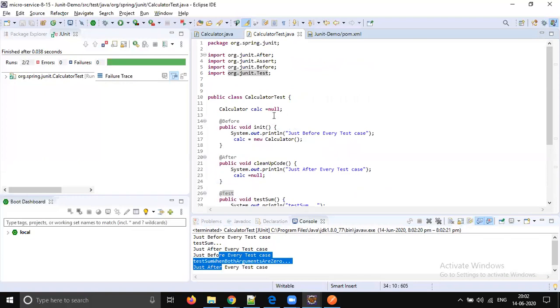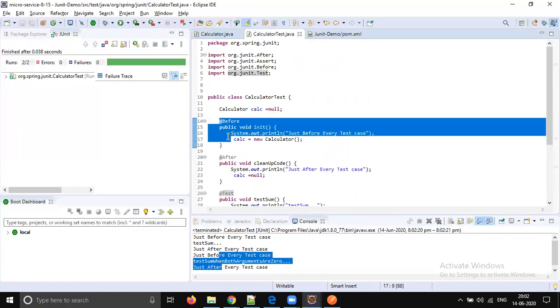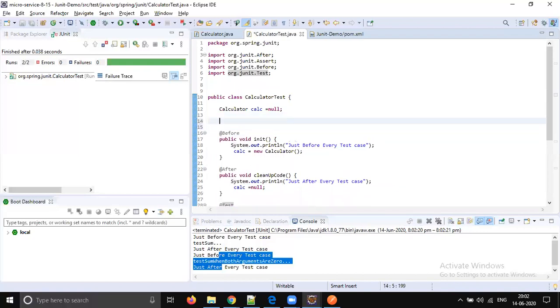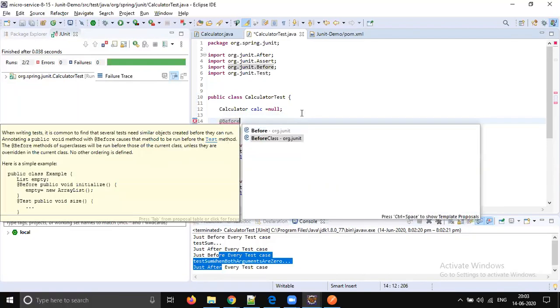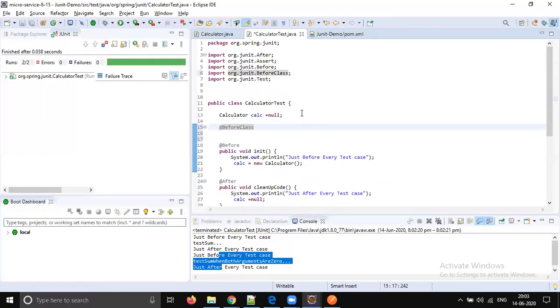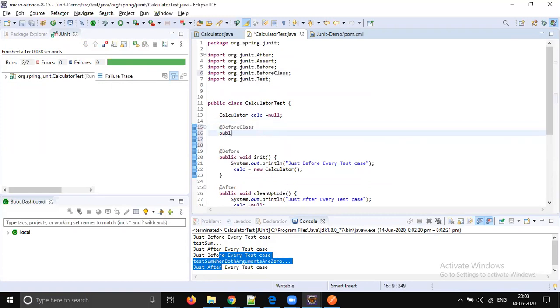It's also possible, instead of executing for every method, to do it at class level. It's a kind of static block that will be executed only once, called @BeforeClass. @BeforeClass will be executed only once for all the test cases, and we have @AfterClass that also will be executed once.